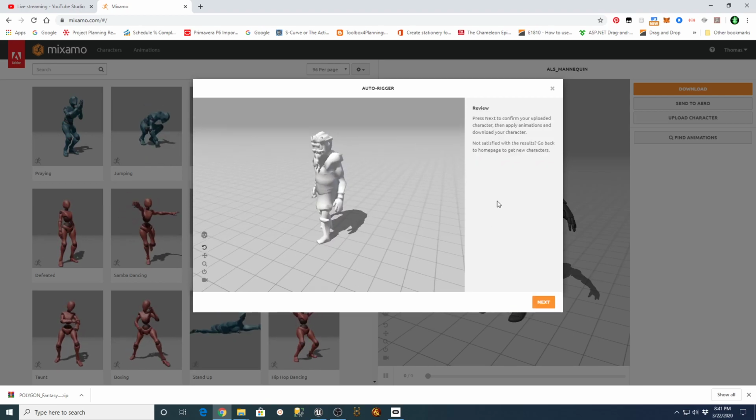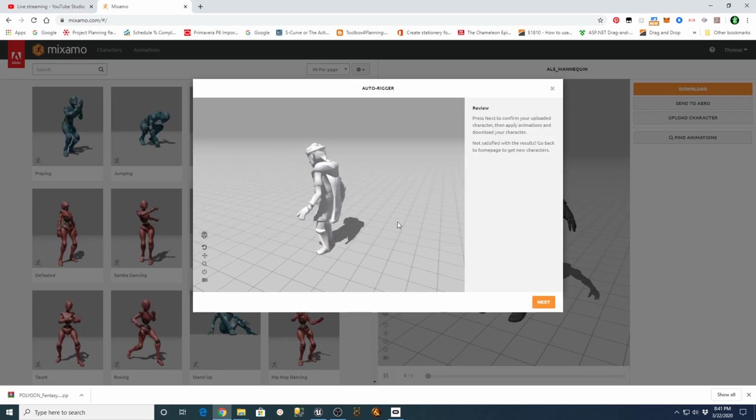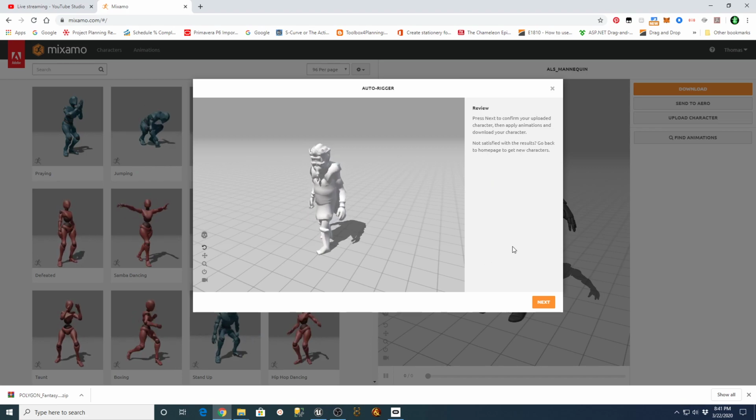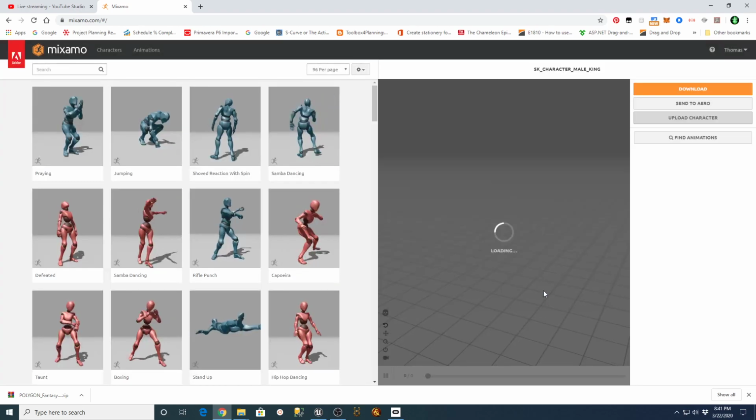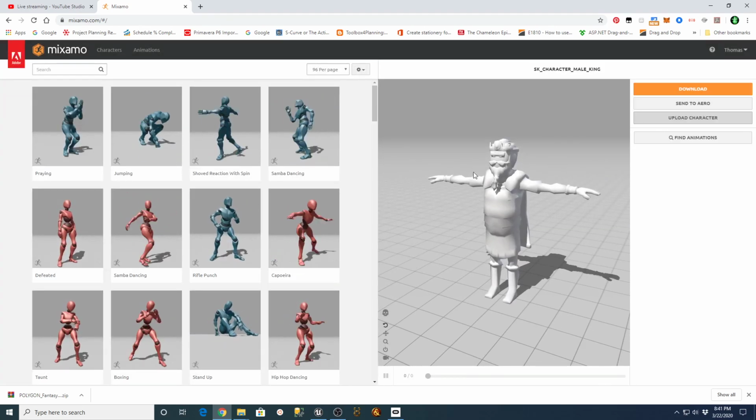It'll take a minute to rig it all up and everything, and there we go. Now it doesn't have our textures on it and everything, but that's fine. So now I'm going to say next and proceed with that character in the viewport.